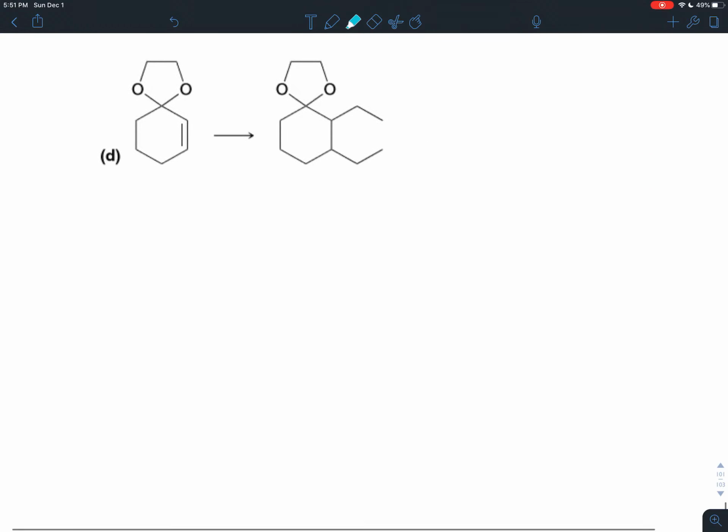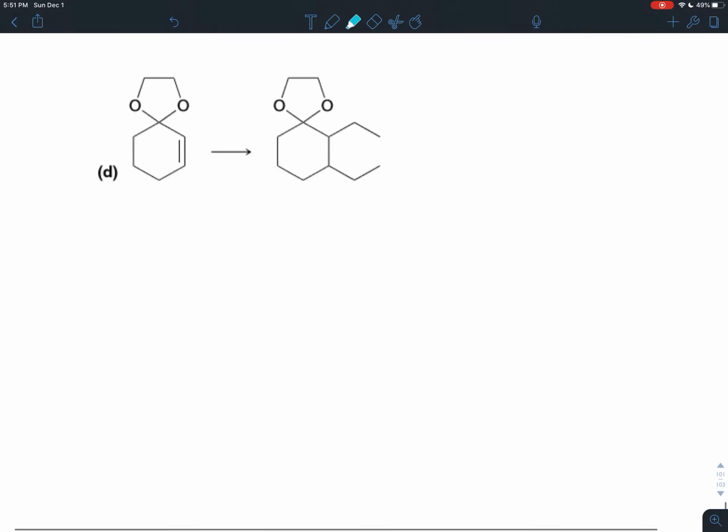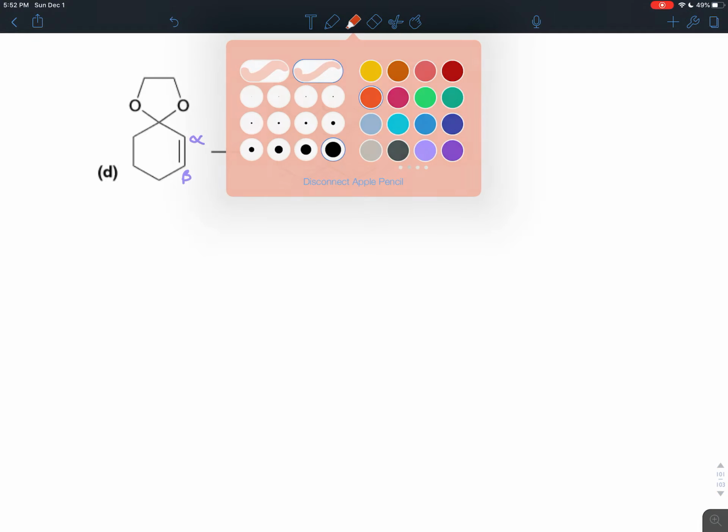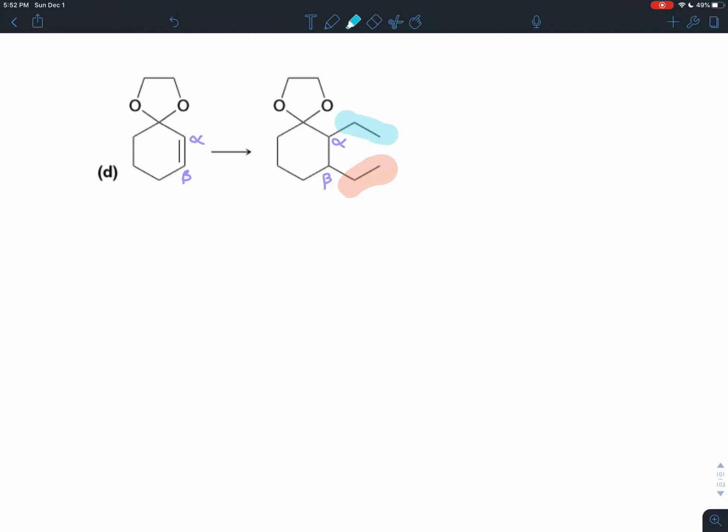Okay, let's try D. So in D, we have an acetal, right? Carbon with two ethers attached to it. In addition to that, we have an alpha and a beta unsaturation. So you sort of have an alpha here and a beta carbon there. Let me draw in the analogous carbons in the product. And what you'll notice is the unsaturation goes away, and you add two carbons there. You add a carbon to the beta position, and you add a carbon chain to the alpha